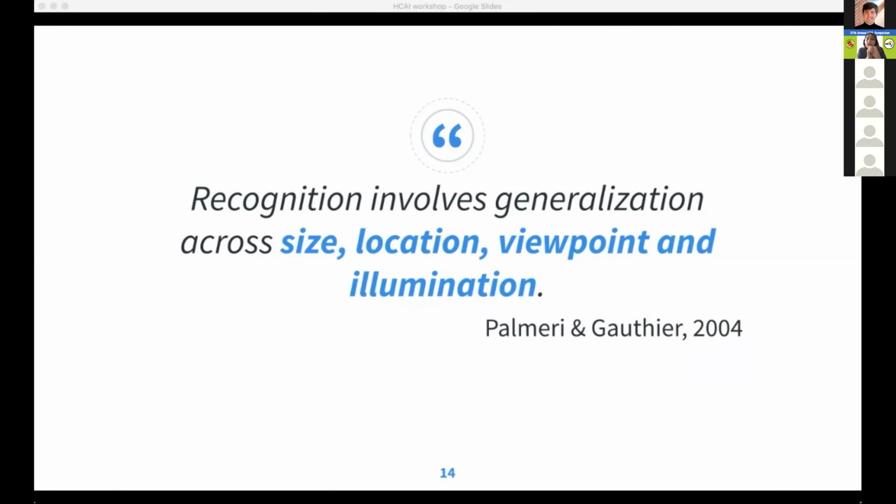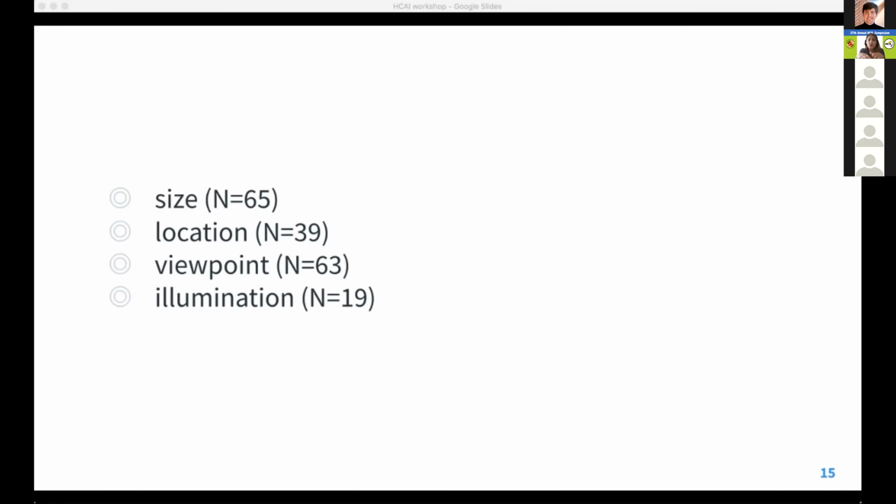Now, when we look at how humans would perform a similar task, object recognition, we look at the work from Thomas Palmieri and Isabelle Gauthier, and they write for humans that object recognition involves generalization across size, location, viewpoint, and illumination. What's interesting is that we find the participants try to make their models also generalize across these four dimensions by